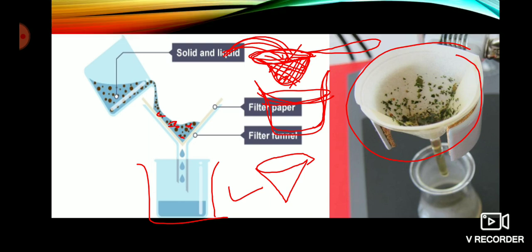So children, next day we will learn about solubility of liquids in water and solubility of gases in water. Today up to this much. So what have we learned today? We have learned about solubility, solute, solvent, solution, aqueous solution, the solids which dissolve in water, the solids which do not dissolve in water, and how to separate these solids from water.